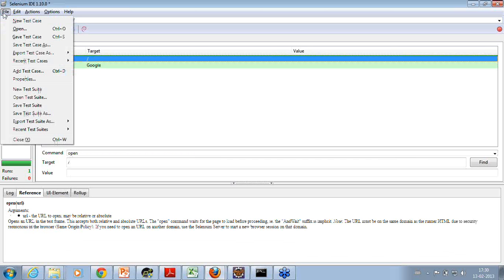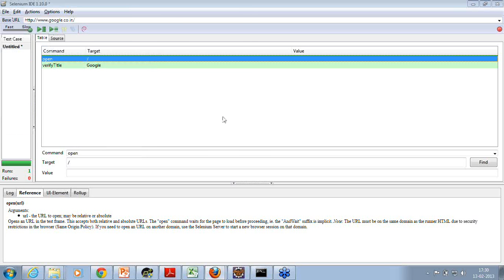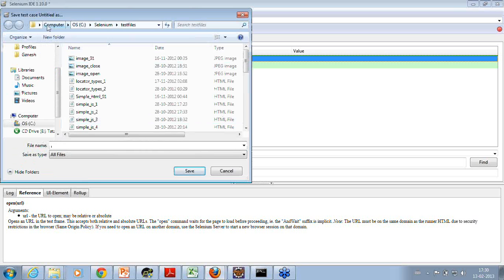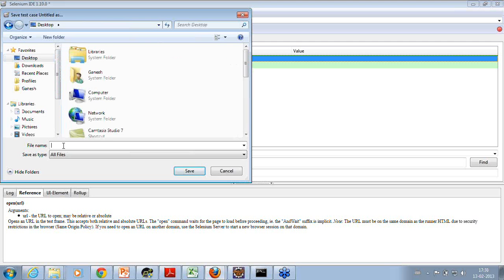And you can export these test cases in various test frameworks like JUnit, TestNG, and NUnit, and in various languages. So if I were to export it as JUnit 4, let's say, right? Let me do it on my desktop. So let's say that test 001, right? And if I were to save this,